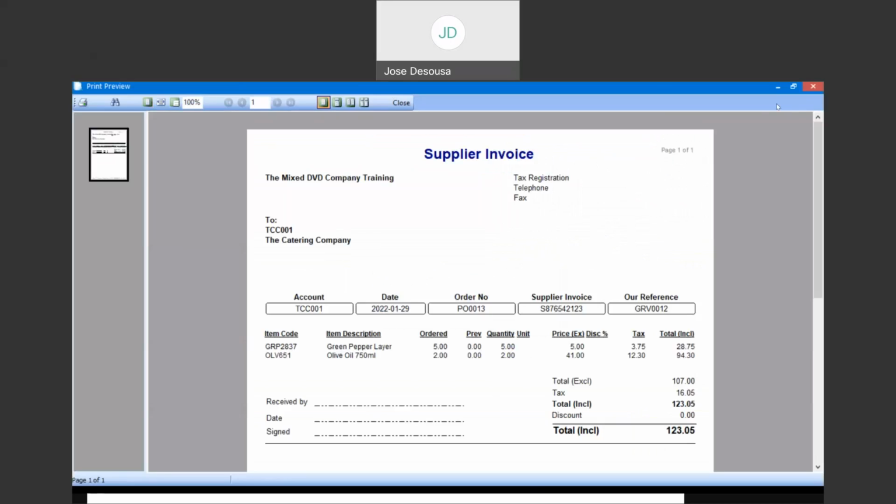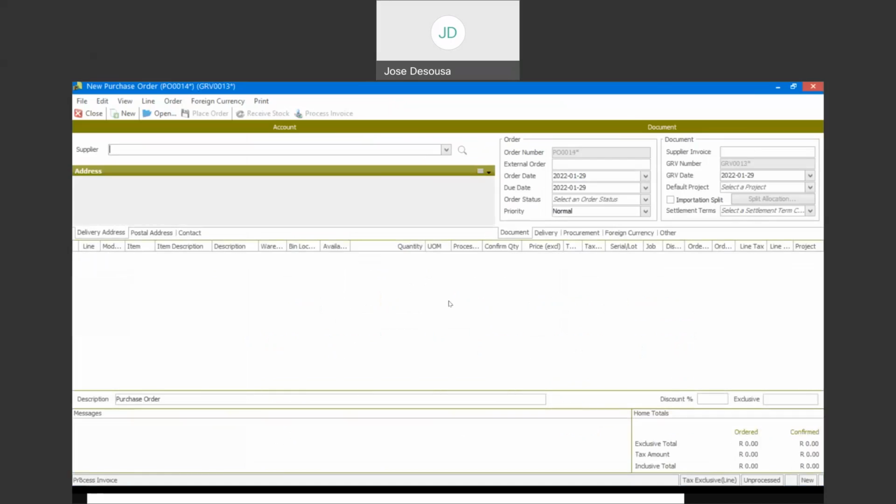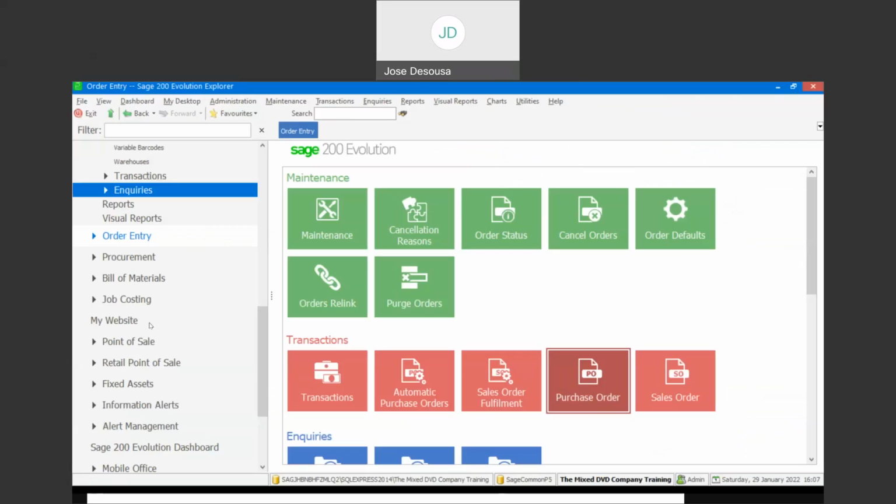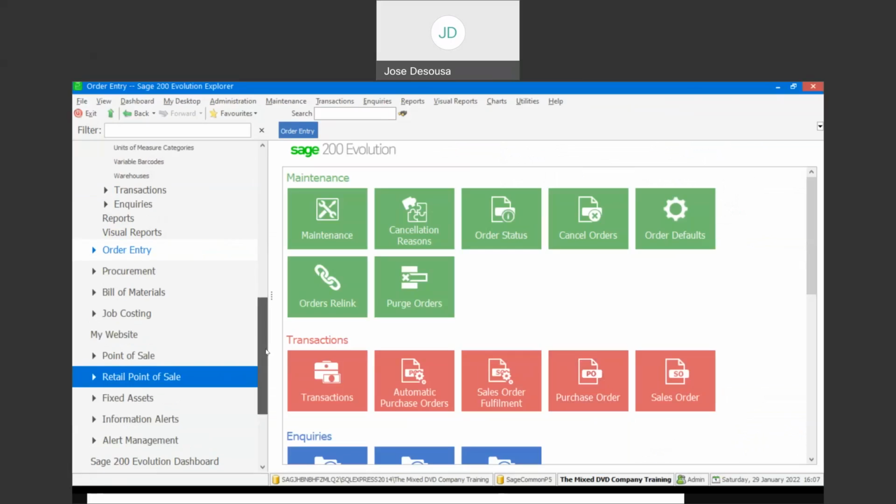So as you can see, we have the ability to specify partial processing, which certainly could happen within your environment whereby not all the goods on the purchase order are delivered by the supplier at the same time. Now, the process we've seen here is really where, for example, you're ordering stock items from the supplier. However, in practice, you certainly could incur an expense from a supplier for non-stock items. And before we process those types of transactions, very importantly,